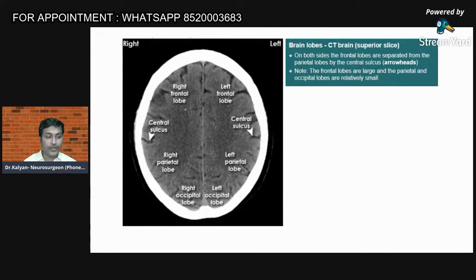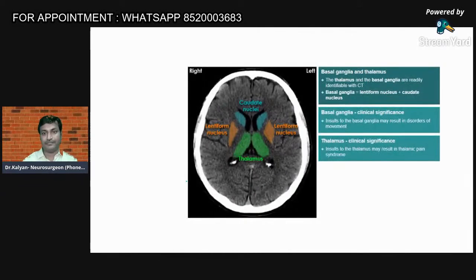So I've told you what is the frontal lobe, what is the temporal lobe. Temporal lobe lies in the lower part of the brain in front of the ear. In the upper part of the brain, the part anterior is the frontal lobe, the part posterior is the occipital lobe, and the one in between is the parietal lobe. How exactly we will identify them, we will see in the next sessions. But grossly remember, frontal lobe, in the middle parietal lobe, and in the posterior occipital lobe. These things are very important for you.